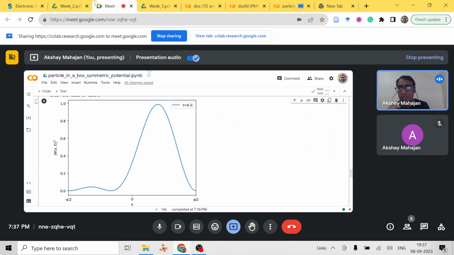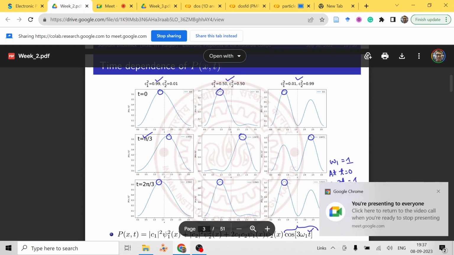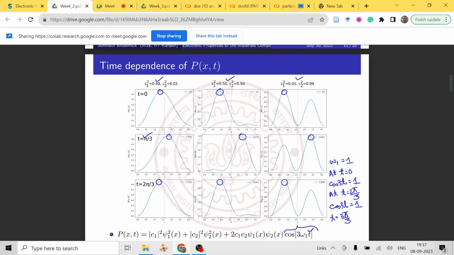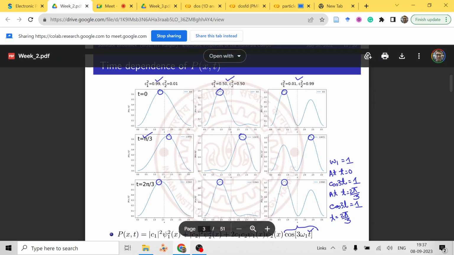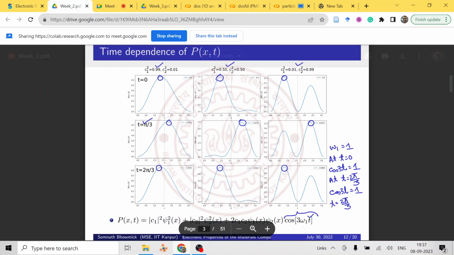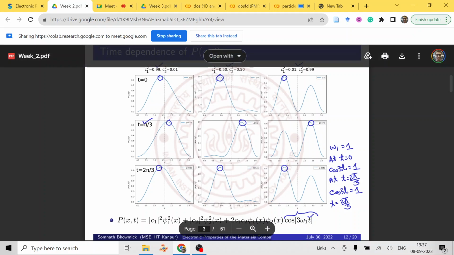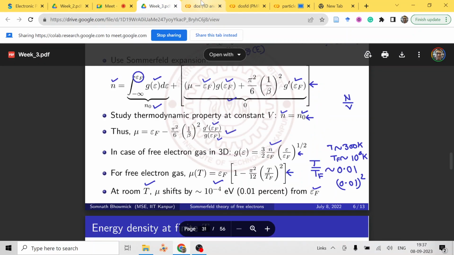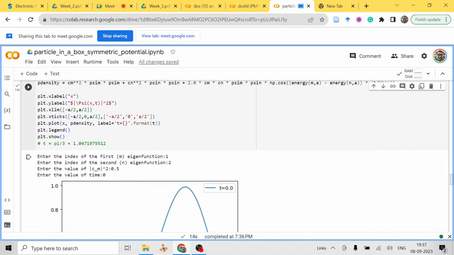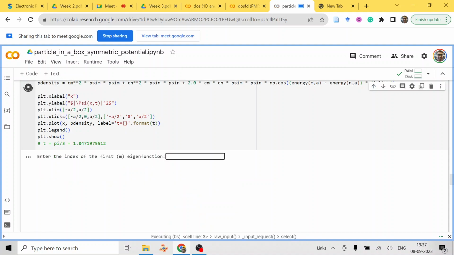What was happening is that it was going until t equals pi by 3, and after t equals 2 pi by 3 it was coming back because of this cos 3 omega t. It was oscillating like this. Now in this case we have psi 1 and psi 2, which are actually sine and cos functions, so that is leading to some change. Because of it, you can see that at t equals pi by 3, which is this time, with 1 and 2,